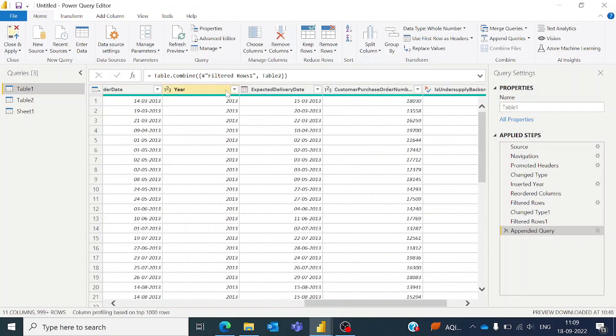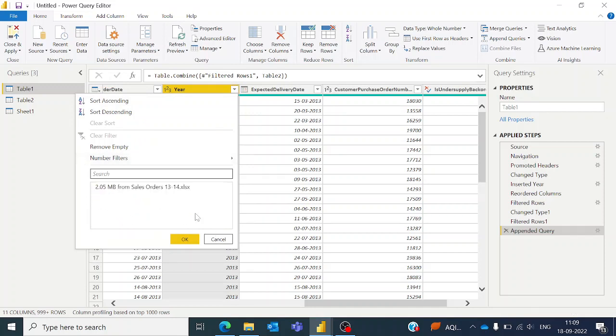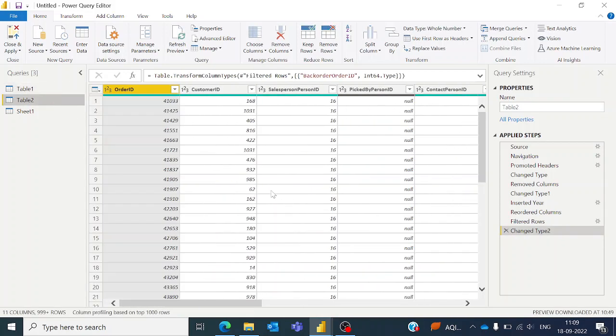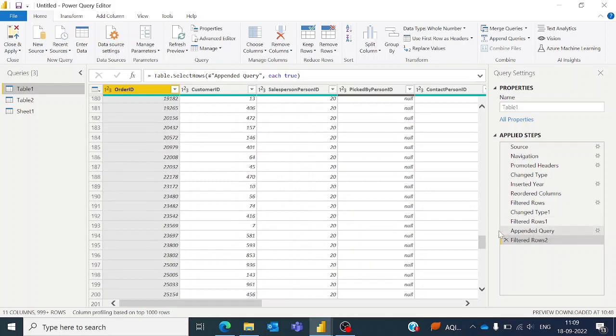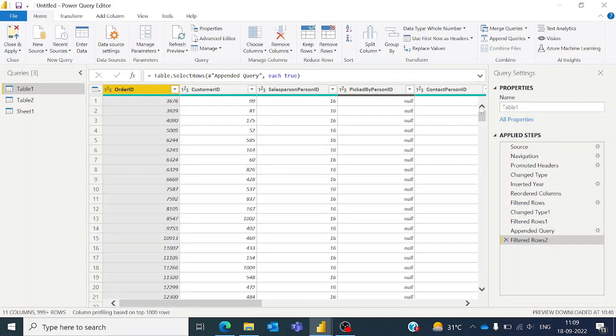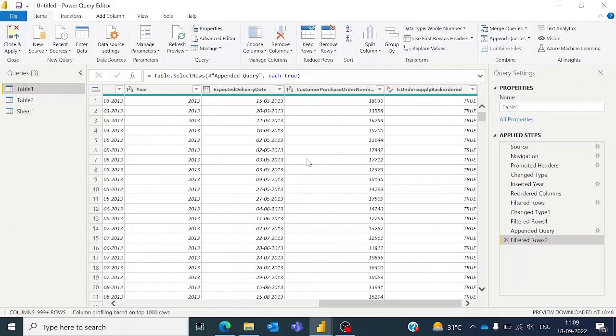So now you can see here in the year section, earlier it was showing 2013 and 14 only, and I hope now it will show 15 and 16, right? So table 2 has been appended to table 1, so we have more rows. Now here you can see the count of rows has increased. I hope you understand the concept of merge and append queries, right? So merge queries adds the